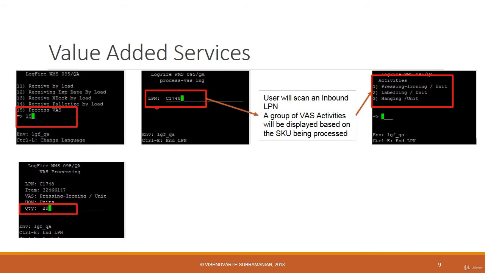Here is a screenshot of how the mobile UI in Oracle WMS Cloud looks like. In this example, I'll show the screen prompts when the user is trying to do a value-add service in Oracle WMS Cloud. This can help you in visualizing the process flow, how to configure the system well to improve the productivity of the warehouse.